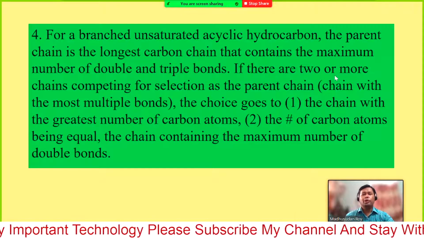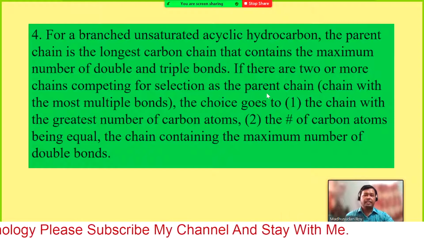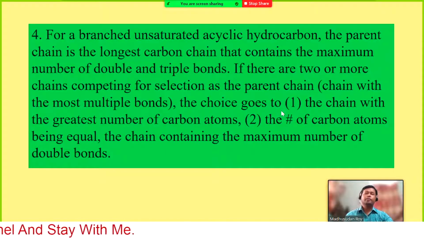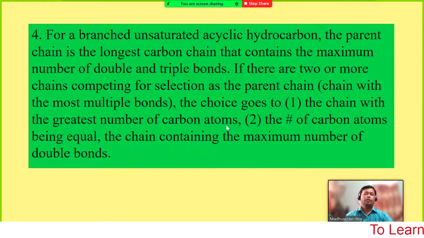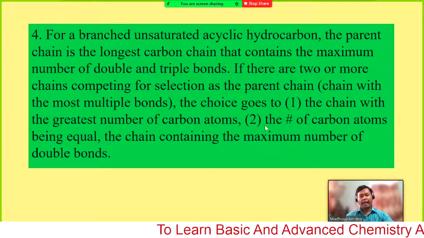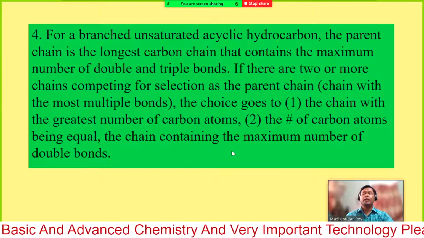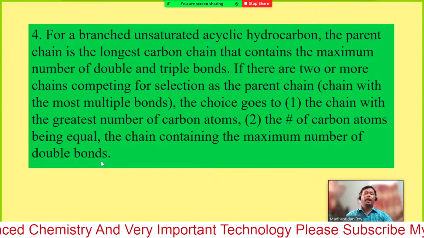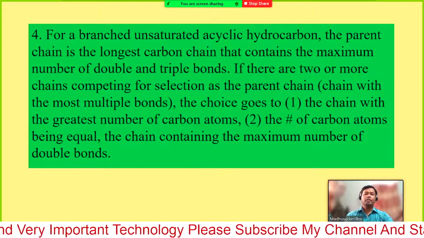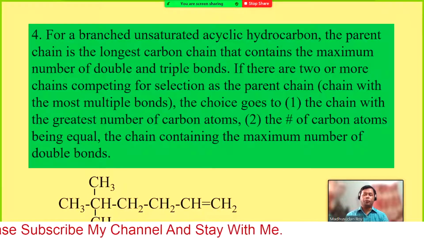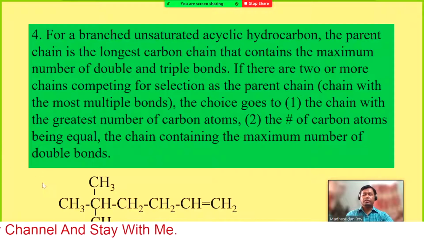So if there are 2 or more chains competing for selection as the parent chain with the most multiple bonds, the choice goes to the chain with the greatest number of carbon atoms. And with the number of carbon atoms being equal, the chain containing the maximum number of double bonds. If you have the compound with the maximum number of double bonds, in that case you will consider that the parent compound. So let's see, for this compound you have one double bond